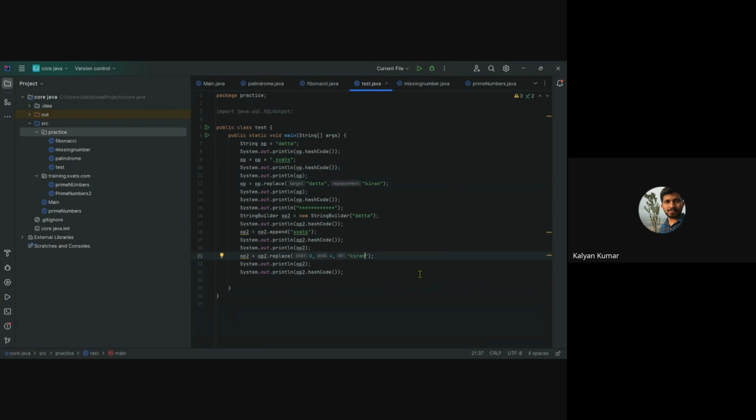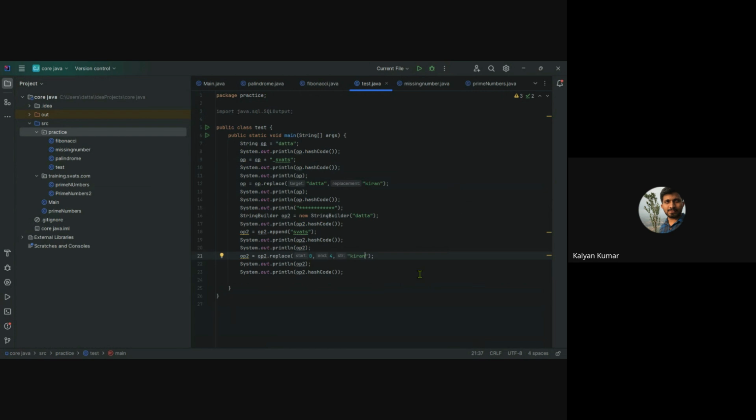Nowhere are we creating a new object. When you write the double quotes Kiran, maybe it creates one string object there. Other than that, we are not creating a new object. But in the first case, you are creating a new object every time.